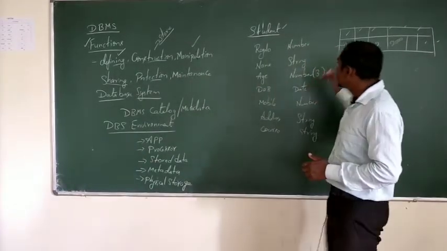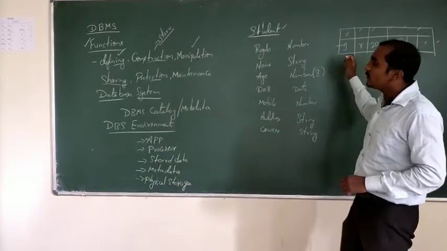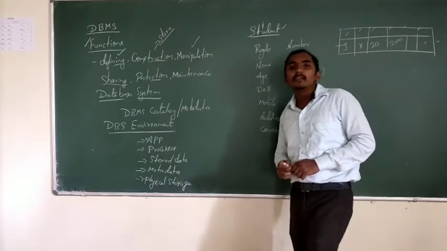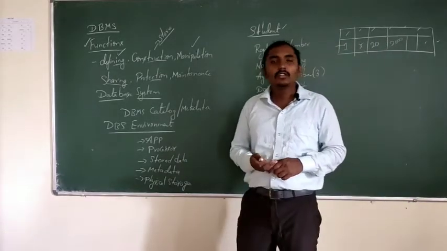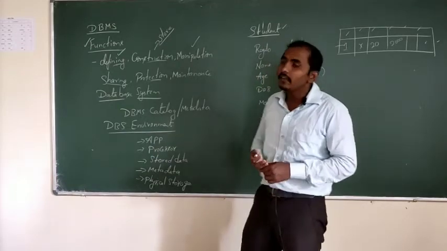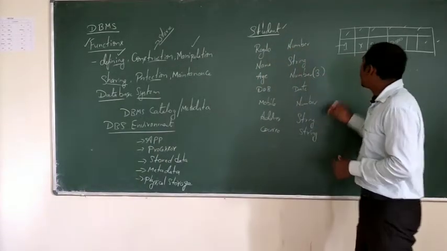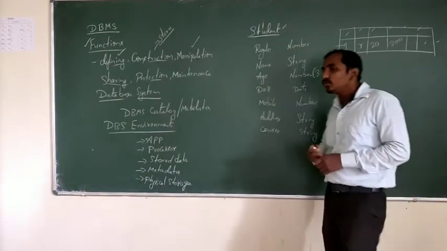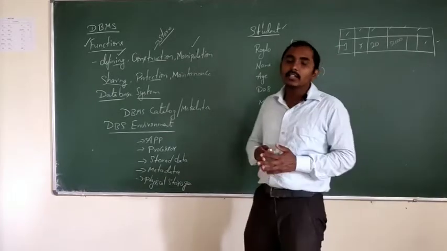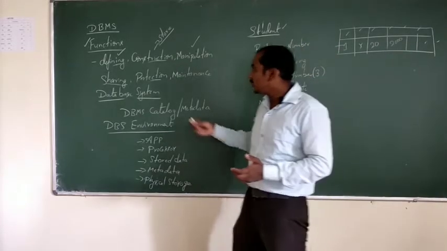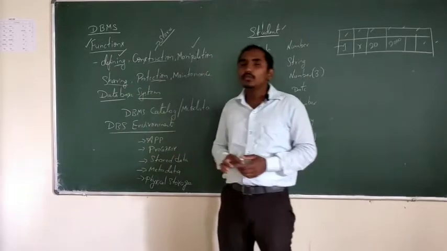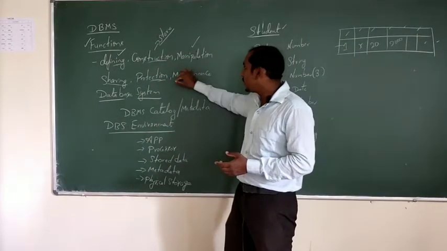So we have saved this data, and this data will be manipulated only by the people who have created it, or the owners. So they will have the permission to manipulate this data, and you can also share the data with other users, right? So we need to provide protection to the data as well. That is a function of a database.